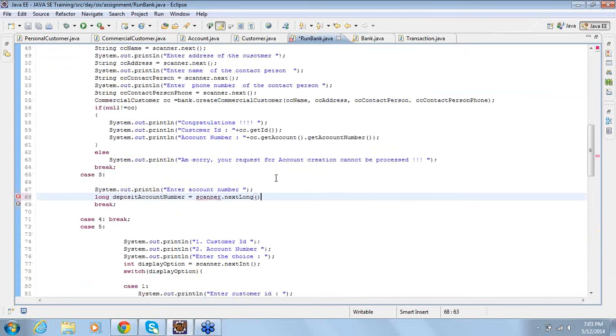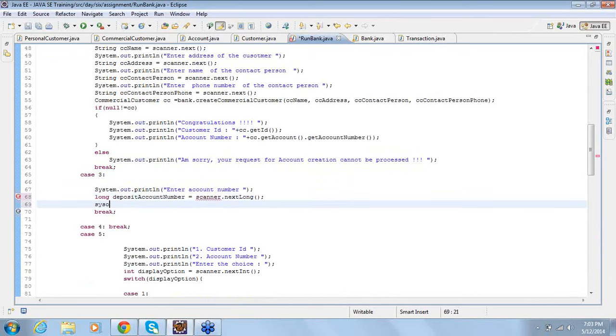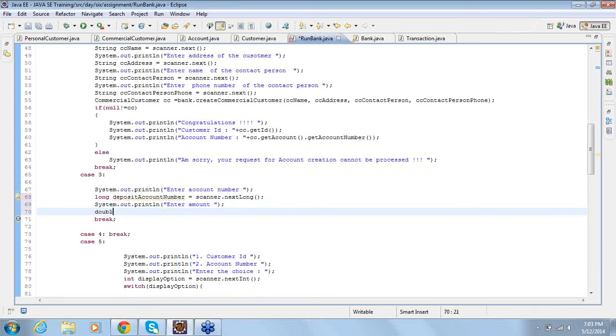Scanner dot next long. Enter the amount. Here is the amount for deposit.